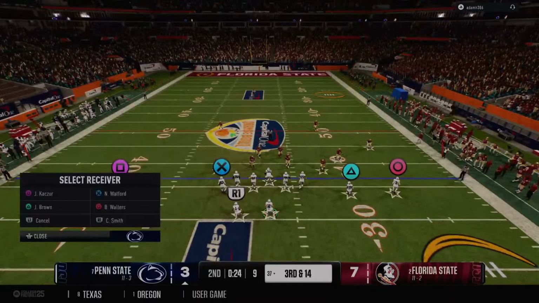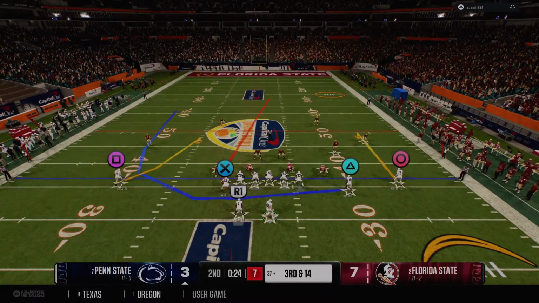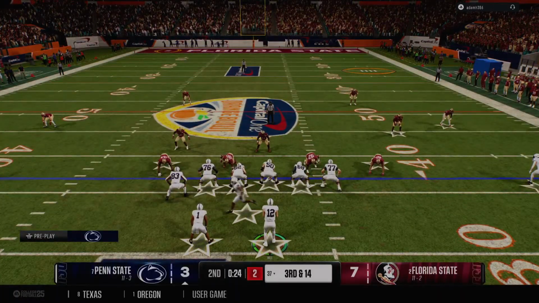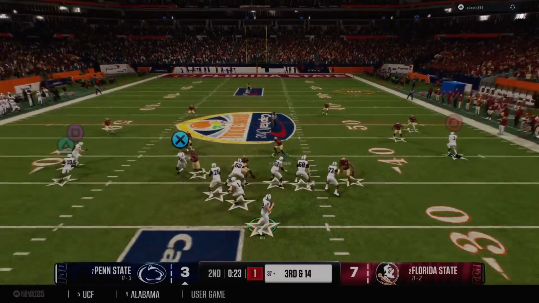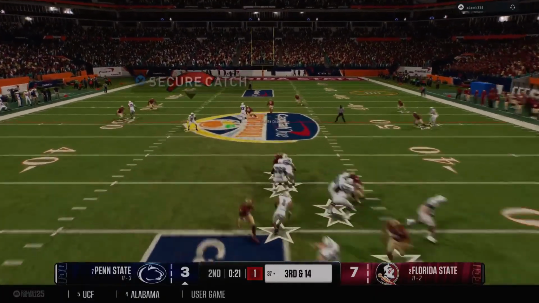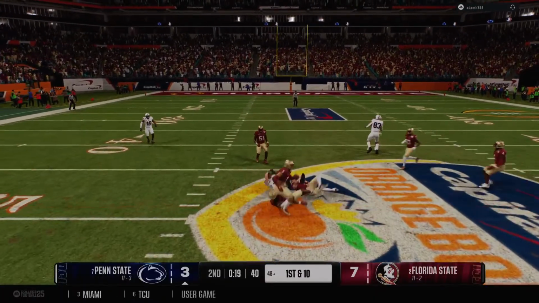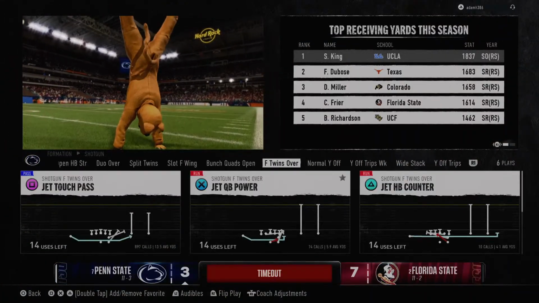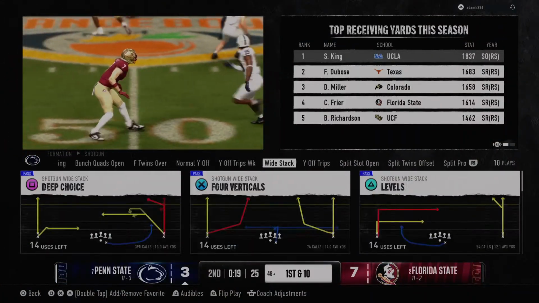They're backed up here, trying to make something happen on third and long. Here's the snap. Quarterback looking to throw. He finds a wide open receiver. They forgot about him downfield. Tackled across midfield at the 48. Good enough for a first down.